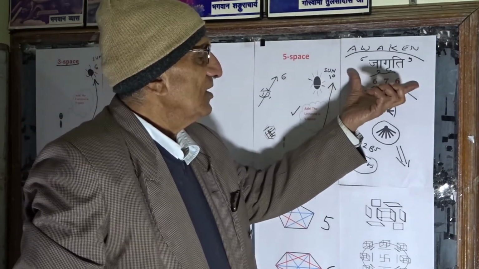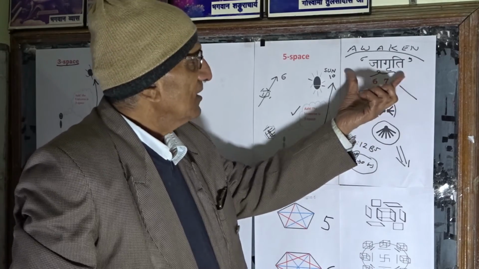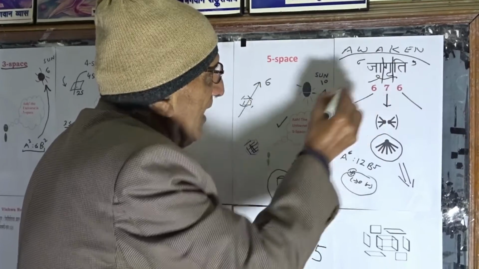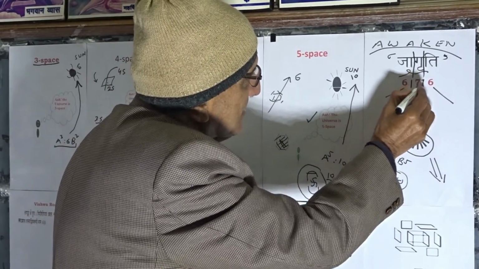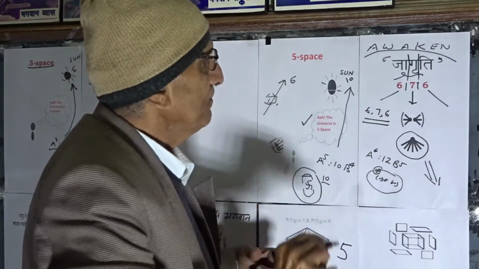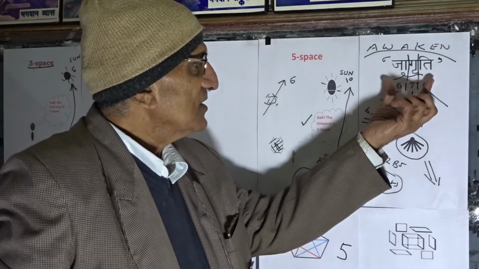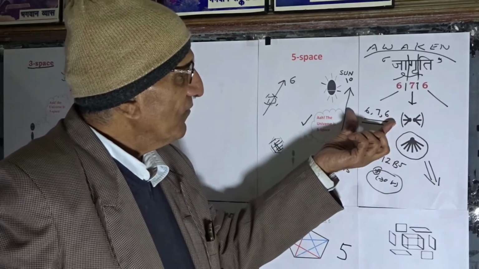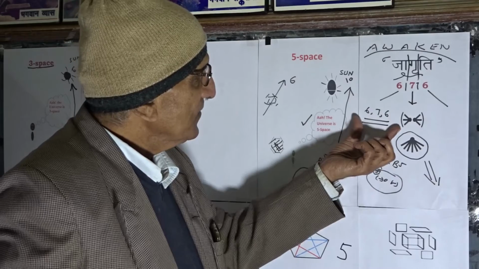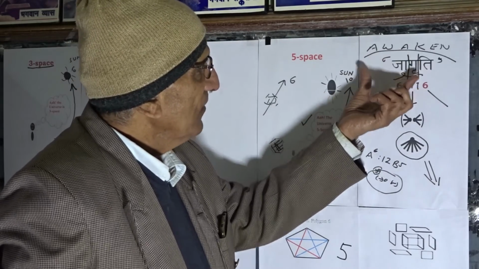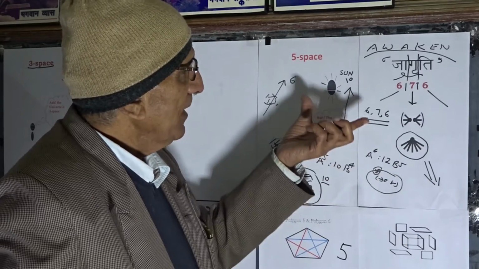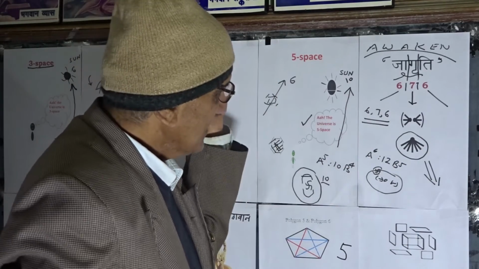And this Jagriti is the formulation which is of triple syllables. And the values of the triple syllables are 6, 7 and 6. And it is parallel to the phenomenon of the split of a 6-space domain into a pair of 6-space domains. It is this phenomenon, it is this awakening which is to be attained by the sadhakas to be parallel with the Vedic systems.